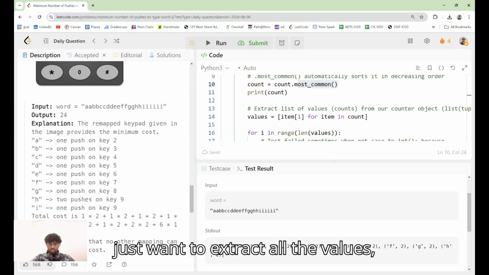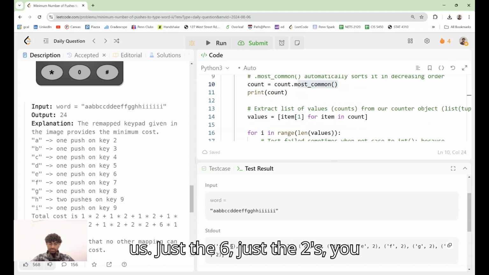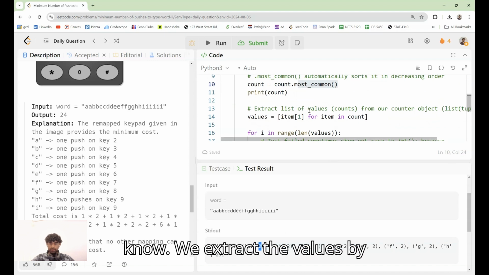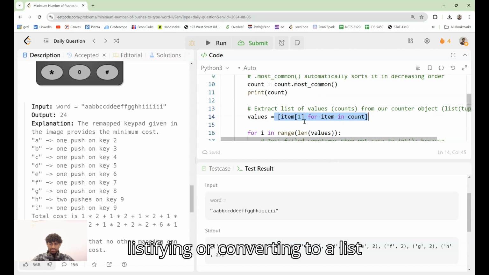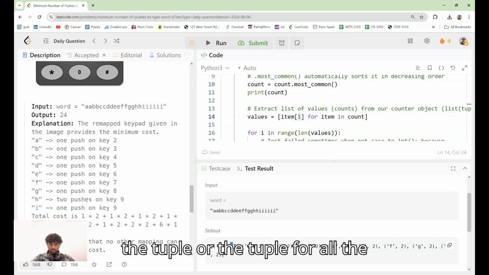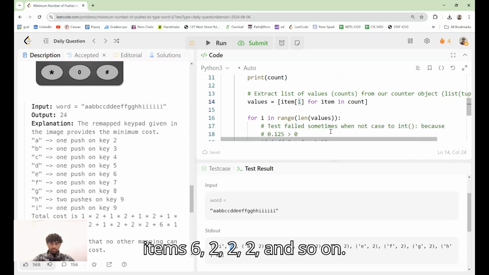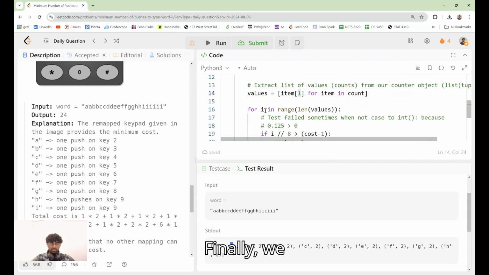Now, once we've done that, we just want to extract all the values because that's what's most important to us. Just the 6, just the 2s. We extract the values by listifying, or converting to a list, the second element of the tuple for all the items: 6, 2, 2, 2, and so on. Finally,